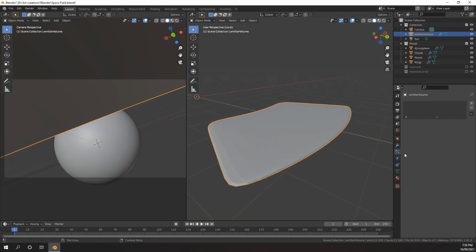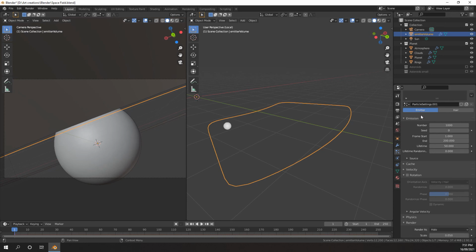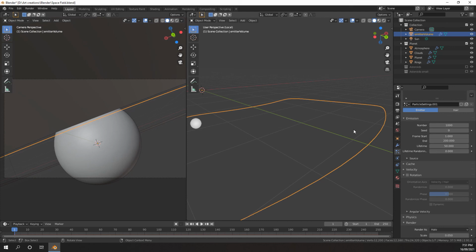So if we come down to the emitter tab just here, we'll see there's a plus and a minus sign. We just press the plus to add in a new emitter, and we've got our emitter. Alright, we want to leave it as emitter here, and the number is basically the number of particles. So we'll leave that low to begin with so that we can just tweak other settings. Because if we put it high, it's going to cost a lot of resources and it's going to slow the